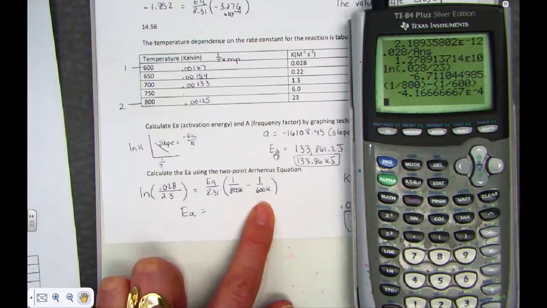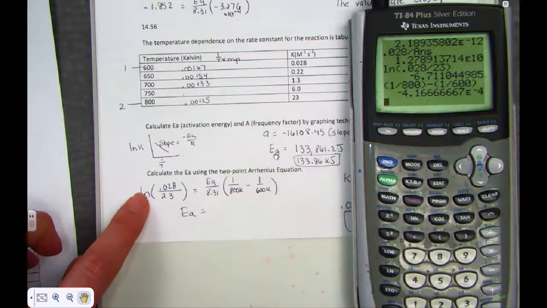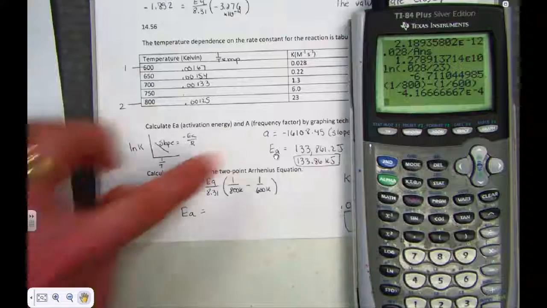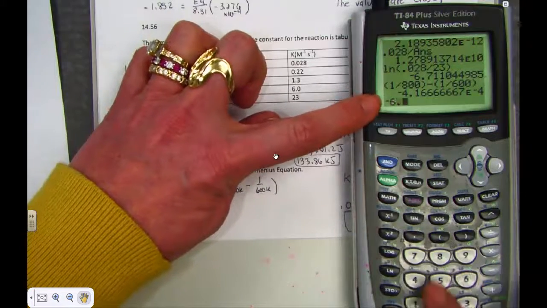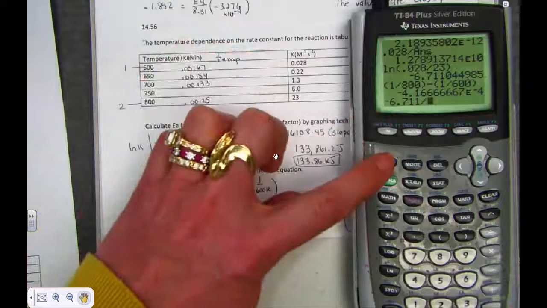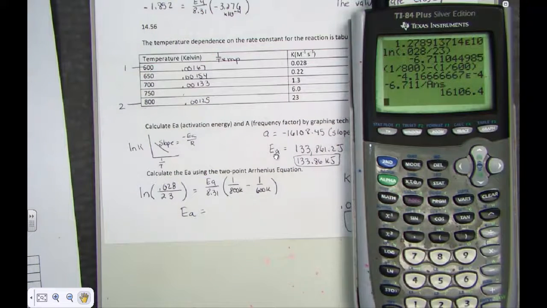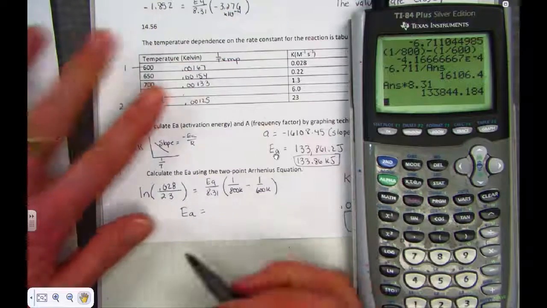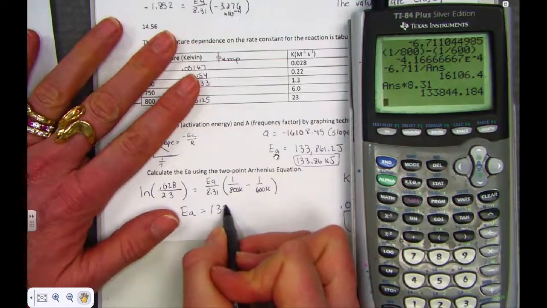We get a value. Is your screen matching mine? Let's take the left side, which we hit was negative 6.711, divided by that previous answer, times 8.31. And we get a value,